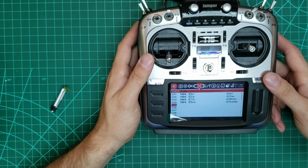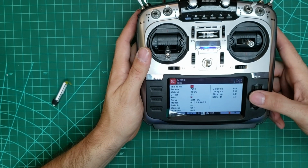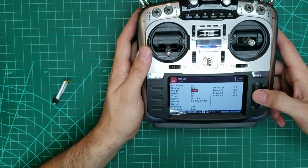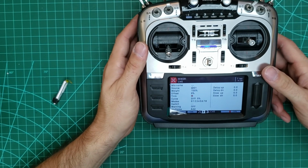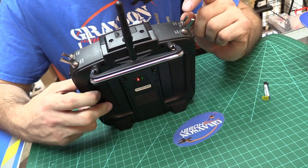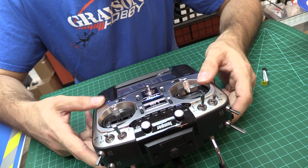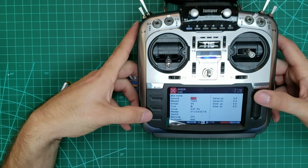So now we're on the mixer page. We need to assign channel 5, and the source for channel 5 is going to be a 3-position switch. I'm going to use E in this case. I'm going to go back,